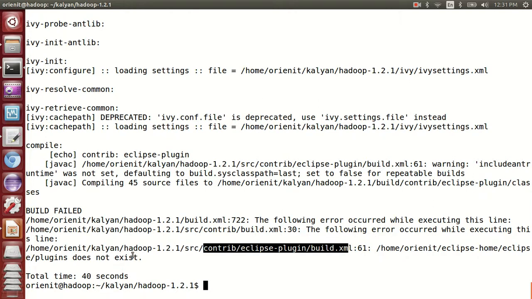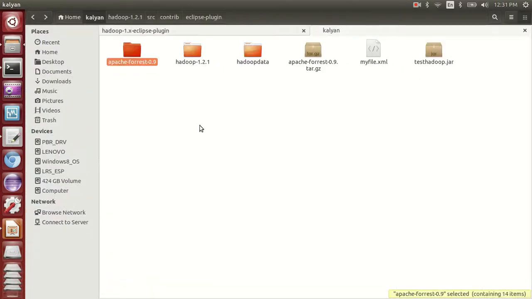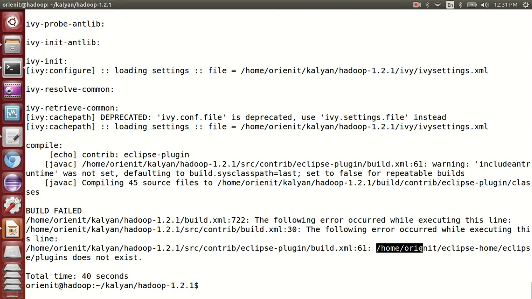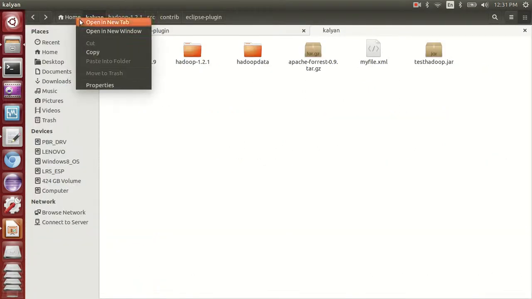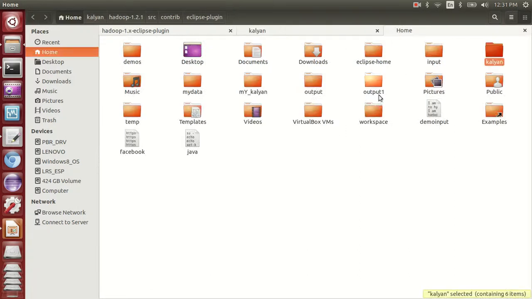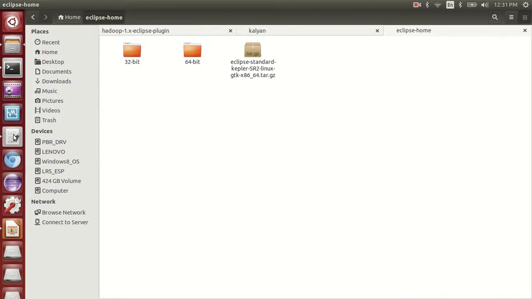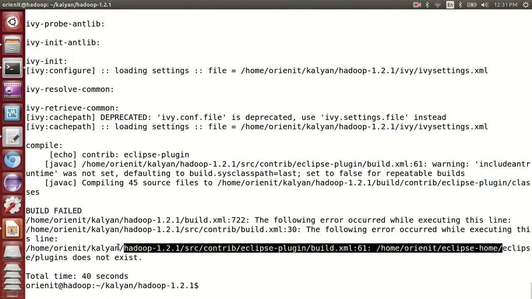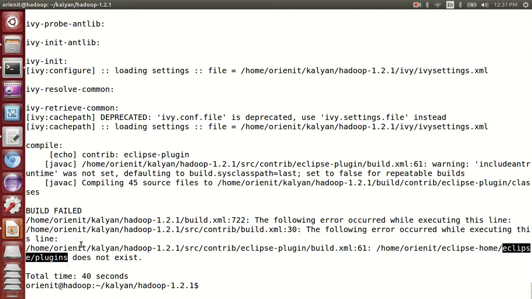The path is home Orienty Eclipse home. So here the expected path is Eclipse plugins. So this is not happening.